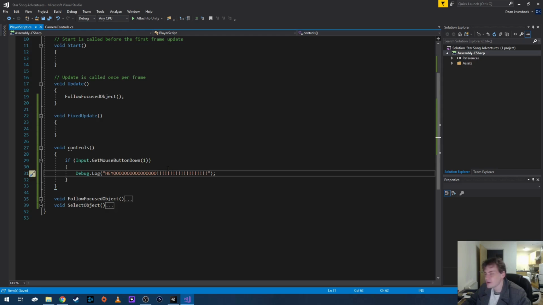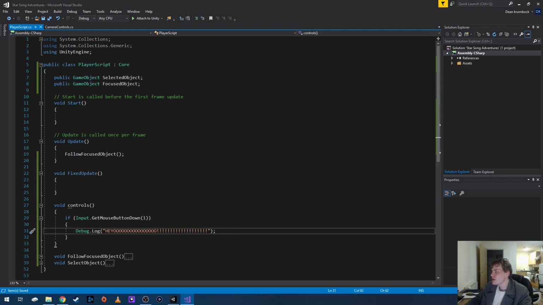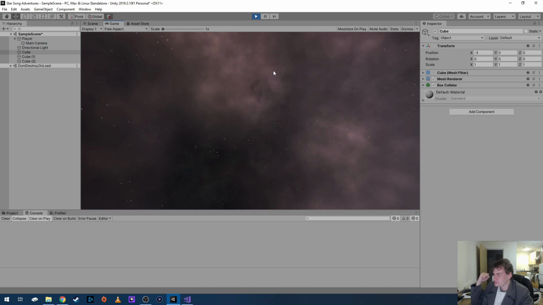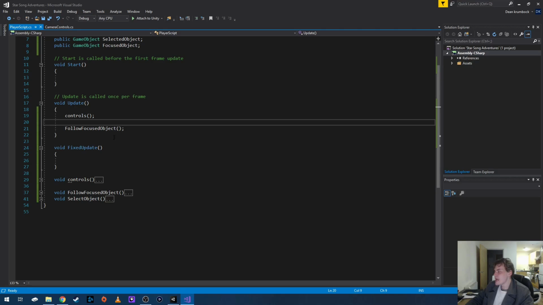A little excessive, but I messed up. I didn't say controls existed. Controls. Again, I didn't say that it existed in the update loop. So if you don't put the methods that you want constantly running in update, nothing's gonna happen. Right. Oh, Mazel tov. There we go. Anyway,